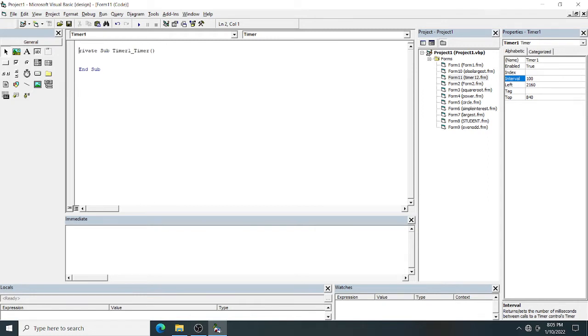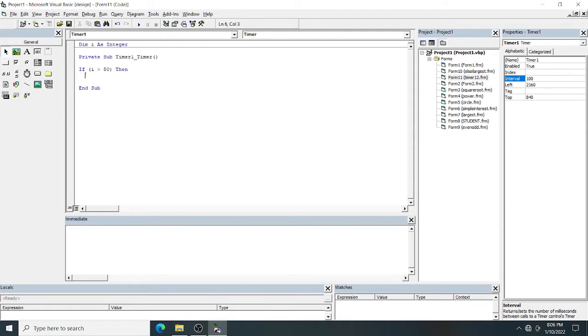I will declare that variable in the global declaration section, Dim I as Integer. And automatically, if I have not given any initial value, the I value is how much? 0. Now I am setting, if my I goes above 50, then what do I have to do?